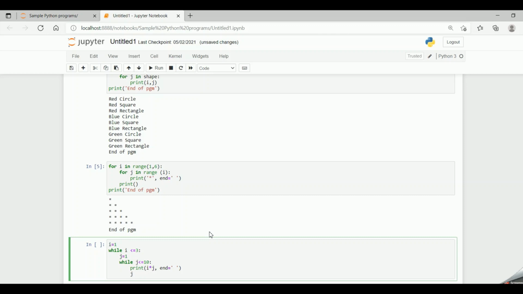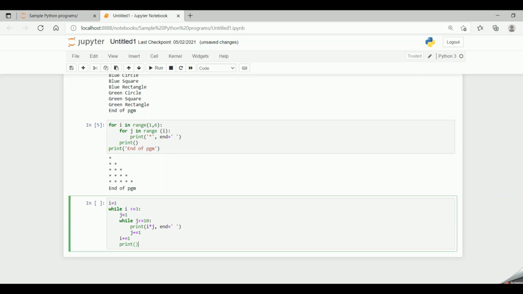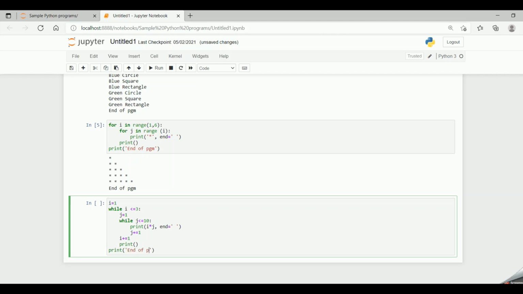Now increment j plus equal to 1, then increment i plus equal to 1, and also I am saying print, so that it comes to the new line for the second multiplication table, and then I am saying print end of program.